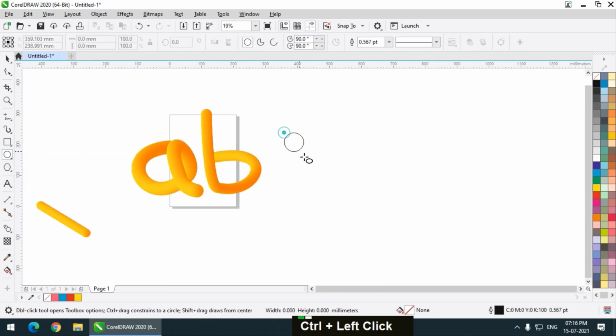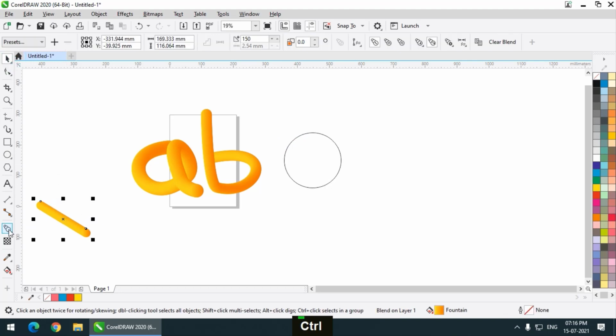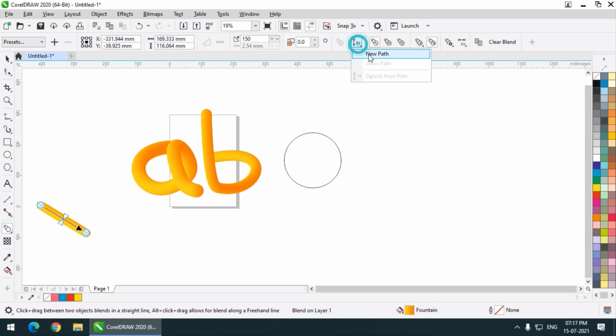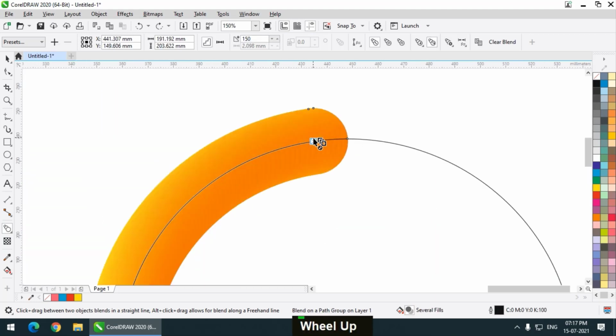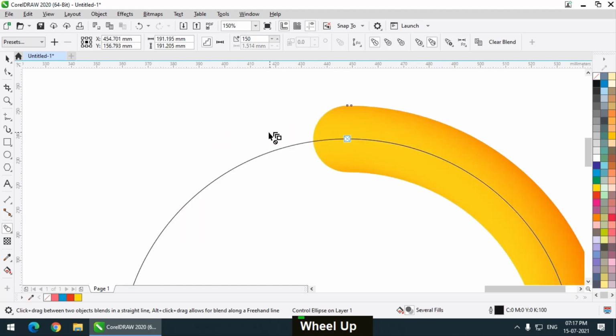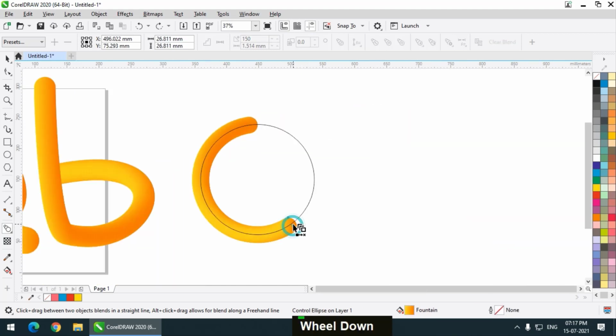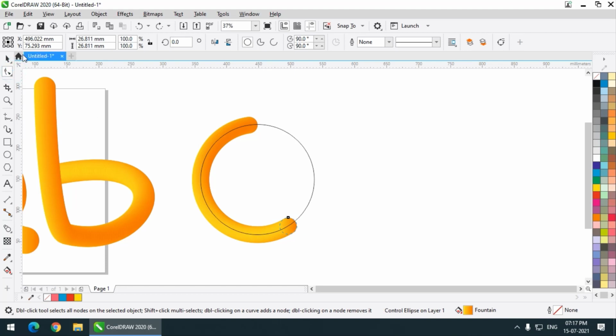I will create a smaller circle. It depends totally upon you how you want to draw it. This looks good actually. And click.